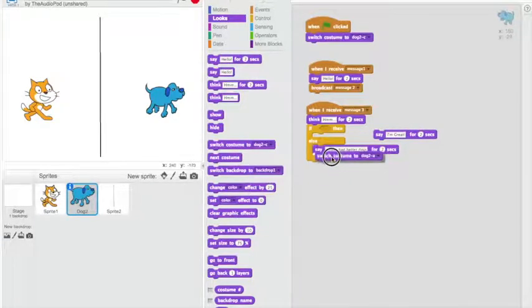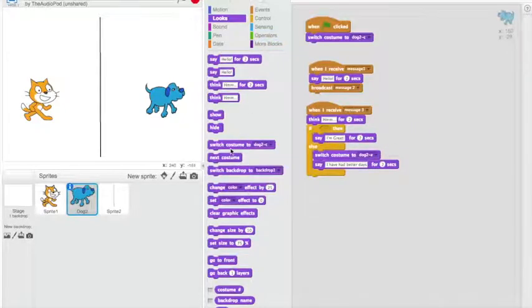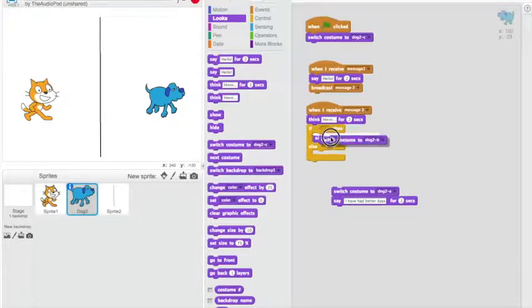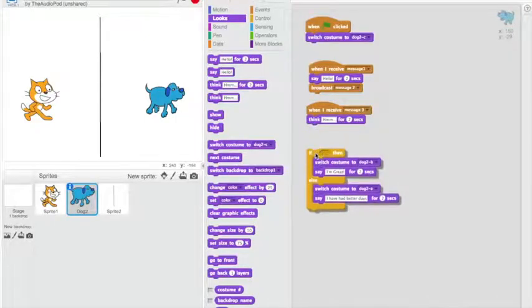And we'll even do a switch costume this way. I don't know, what was his costume, number 2? Costume B? I don't know what costume B is, but that's the way we'll do it. Okay, so what we need to do here is, in between when he thinks, we need to fill in this diamond part